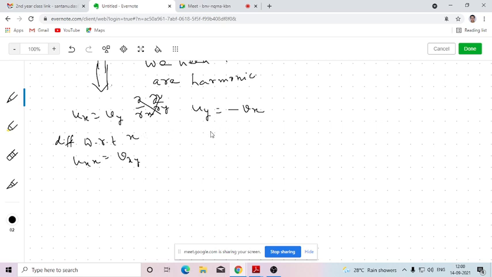Similarly, if I differentiate the other equation with respect to y, what will we get? uyy equals minus vxy. Now these two mixed partial derivatives: I have told that two mixed partial derivatives will not always be equal. So what is the condition for these two to be equal? The condition is that all the four partial derivatives up to first order must be continuous. You know that since the function f(z) is analytic,